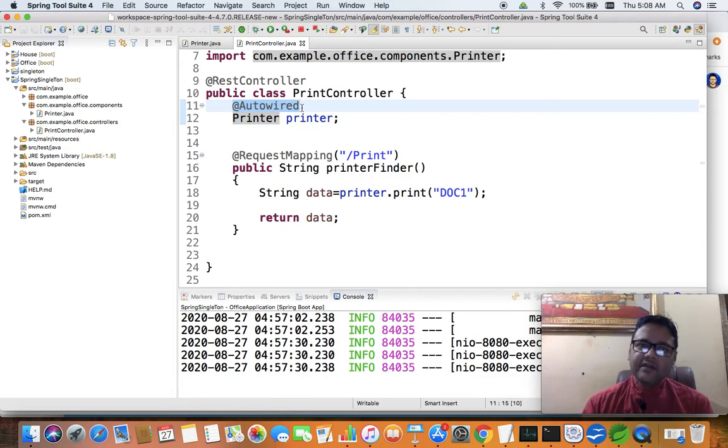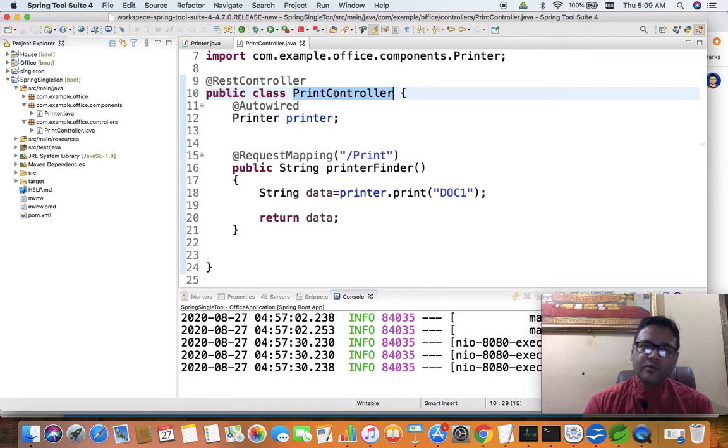So the Spring container is going to make available the printer class object, but how will the class, which is now called the print controller, know which object to be used, because there might be a printer, a scanner, or some other component classes. So which one will be used and what is going to be the name.